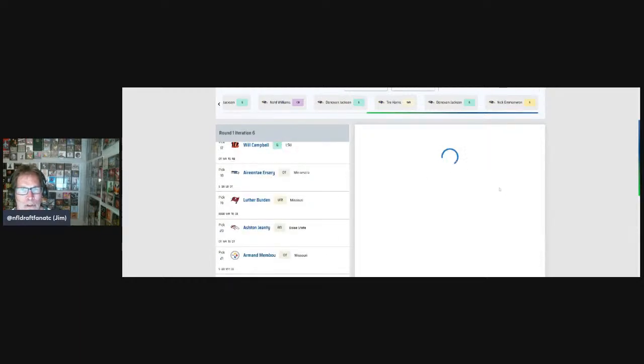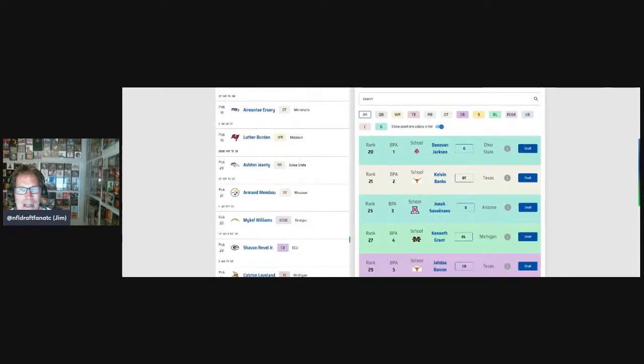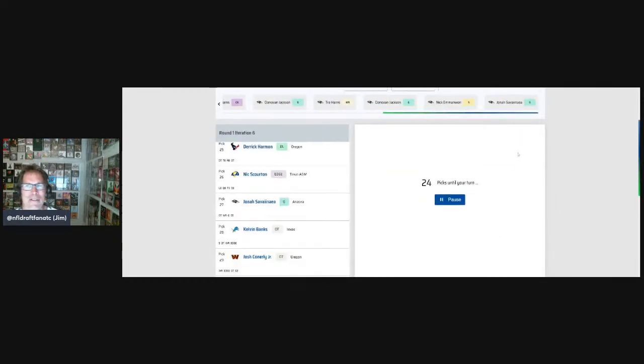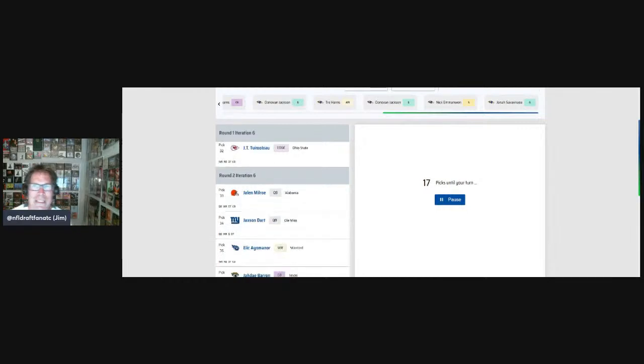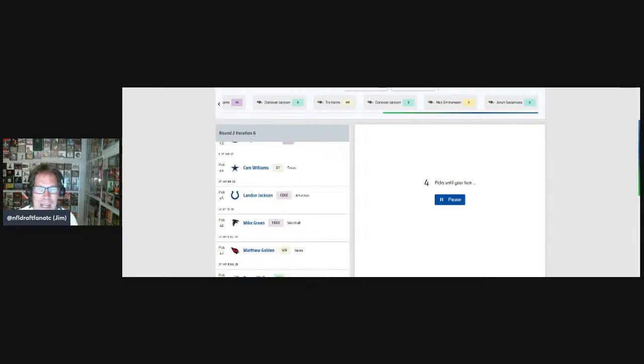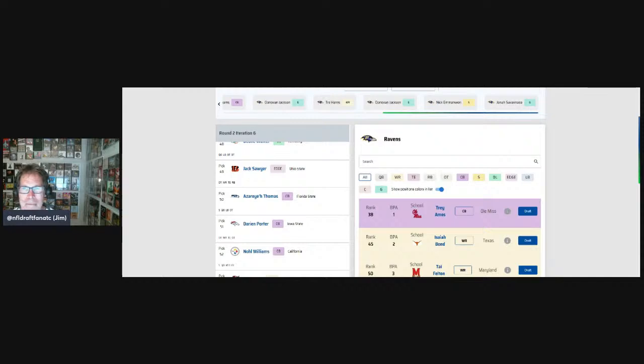Okay, so what else would the Ravens do with interior line? So we can see Donovan Jackson's at the top. Okay, Savanea or Banks? I like Savanea over Banks. So I'm going to see if I can get Savanea to be higher than Banks. So I'm actually going to play a little bit of a game here and see if I can push Banks down just a little bit more. I'm not a huge fan of Kelvin Banks in round 1 right now.